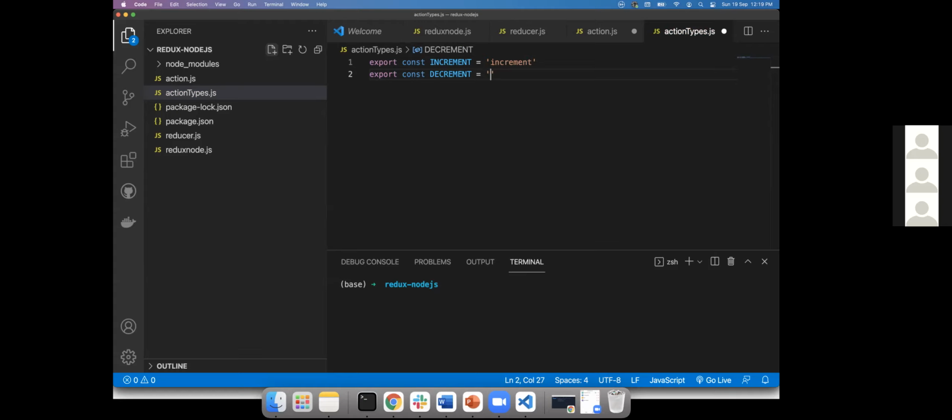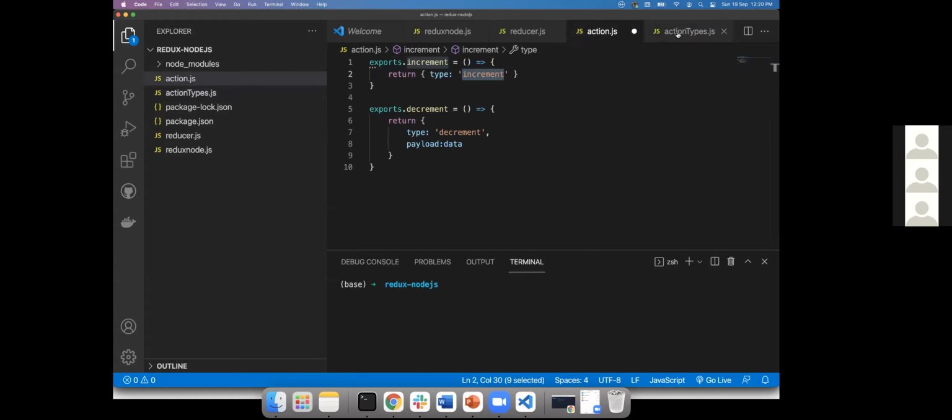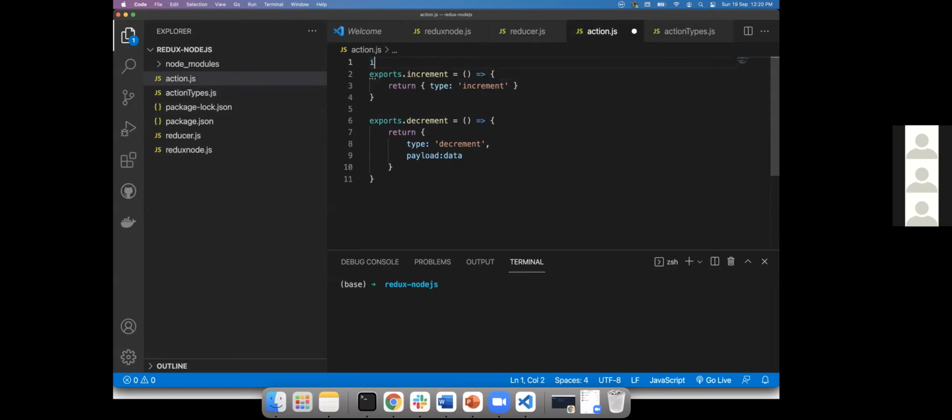If you use it in 10 components, you may end up mistyping increment or decrement, for example using a lowercase I instead of a capital. To avoid that kind of error, we create action types and import them into our actions.